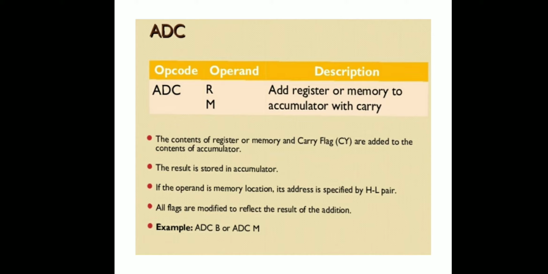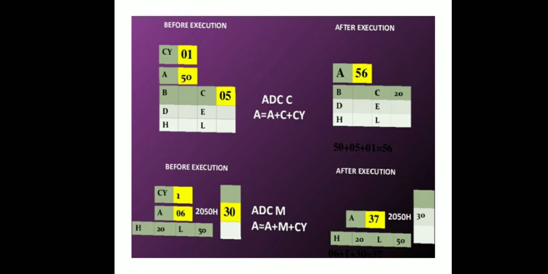ADC: this instruction is used to add the content of a register or memory to the accumulator with carry, and the result is stored in the accumulator. Again, if the operand is a memory location, then the address is specified by the HL pair. After the execution of this instruction, all the flags are modified to reflect the result of the addition. For example,